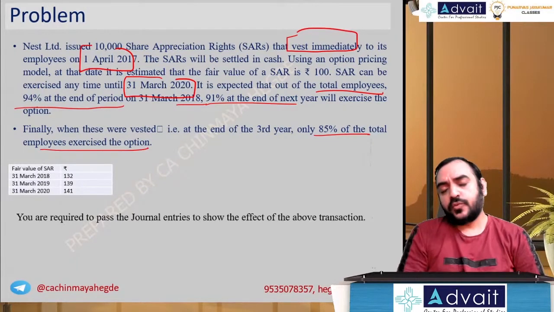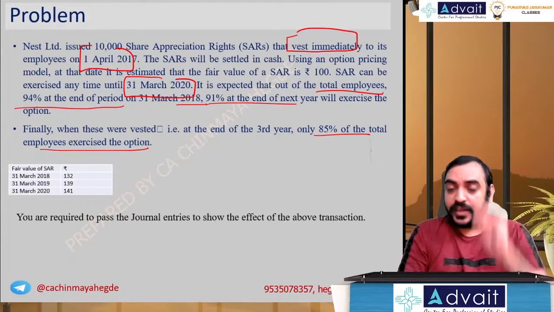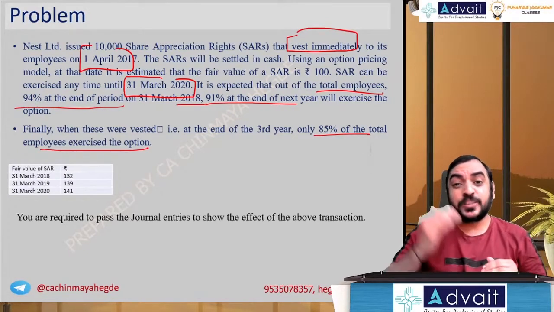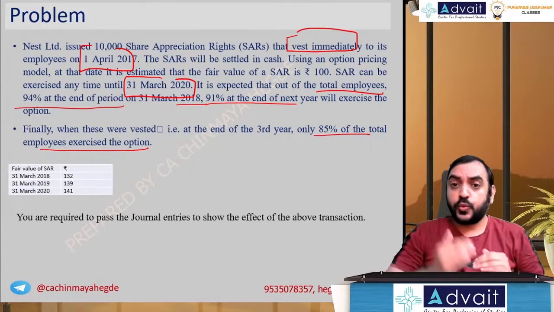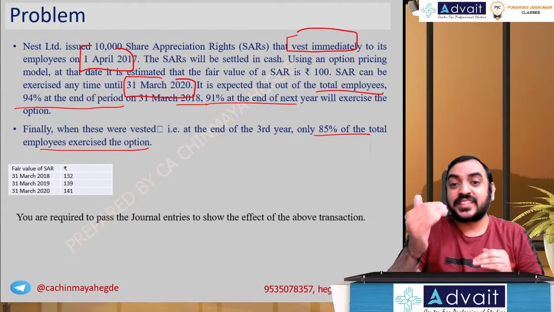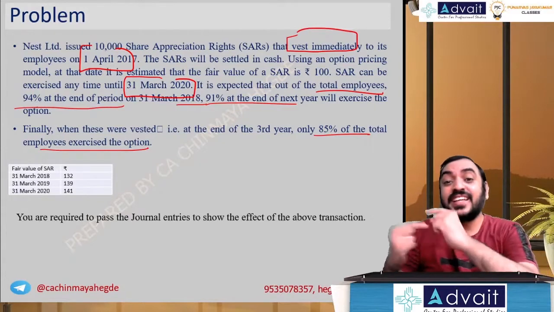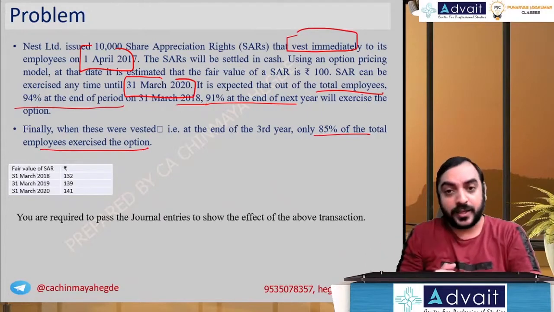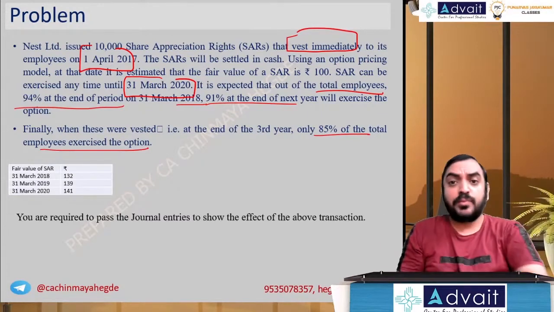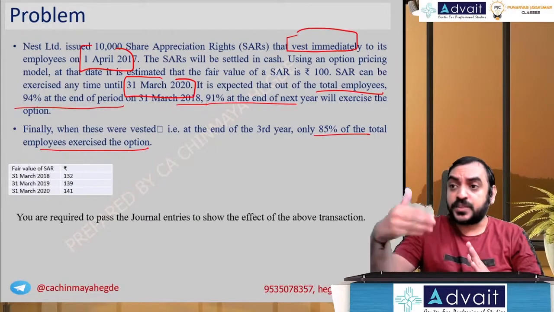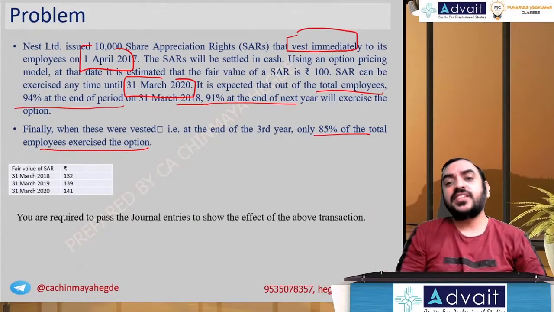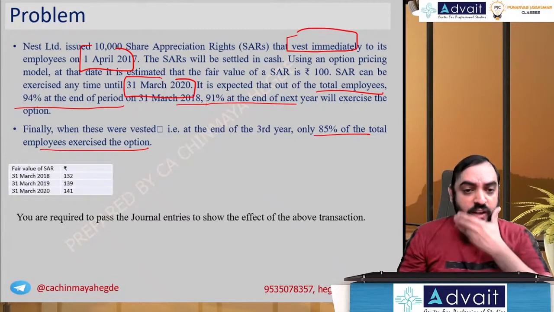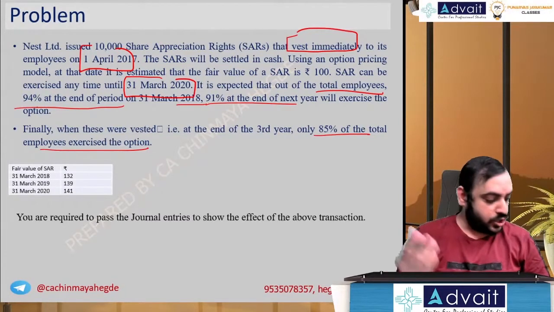So what is the logic? What are we going to do? Vested immediately, recognize the expense immediately. But for the exercise period, there is still time. So what do we do? Every time some people exercise, we are going to revise our expense, revise our liability, and treat it as an accounting estimate. Got the point? Recognize the liability immediately. As and when subsequent estimates change, you account for it as a change in accounting estimate. How? Let us do this. The fair value of SAR is given, which changes, and we should consider that as well.